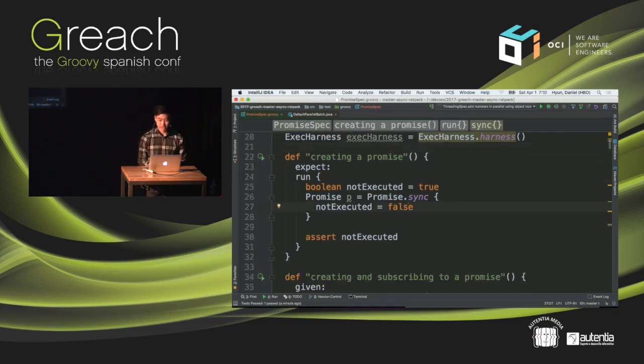So let's create a promise. What does creating a promise look like in Ratpack? There are a couple of mechanisms you can use to create promises. One of them is the static method promise.sync. You produce some kind of factory or block here that is responsible for creating the promise. What I would like to say is that when you're queuing up this closure, what you're really doing is creating the execution segment. This is the execution segment that we're going to run, and it then gets queued. What I want to demonstrate here is that simply creating the promise doesn't really do anything at all.